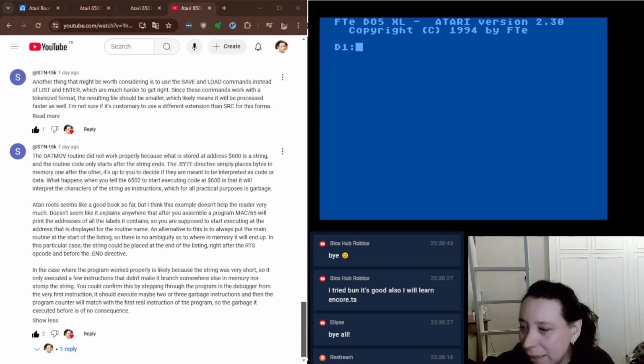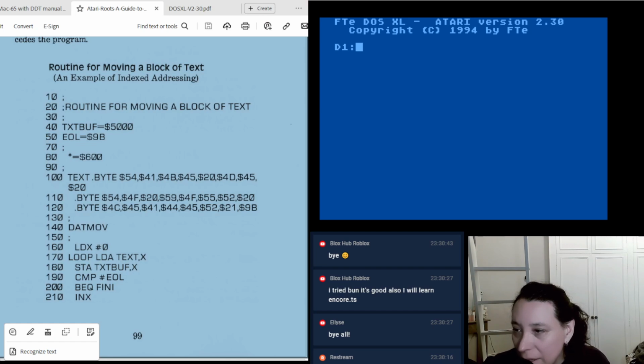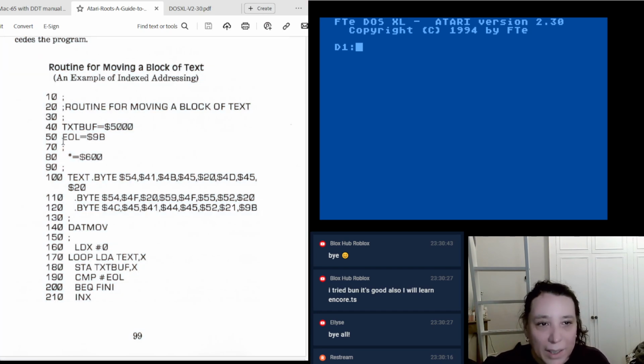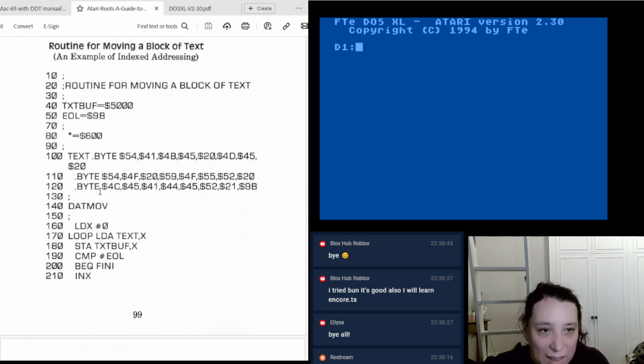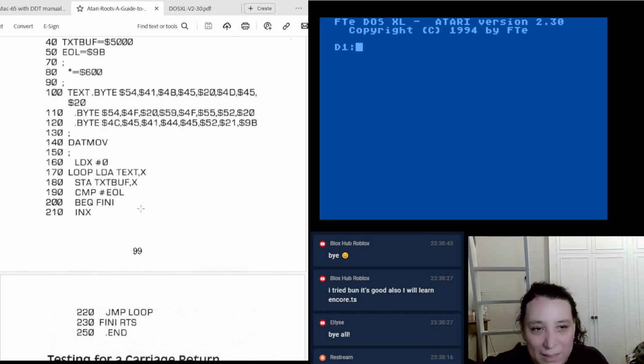So what that means is that our example program that I loaded in was failing, right? And if you look at this, over here we have text. This says that the program's going to start in memory address 600. So all the code starting from here on is going to be in memory address 600 and on. And there's a label here called dat move that comes after this string. This is the byte representation of some string, and in this code it's basically looping